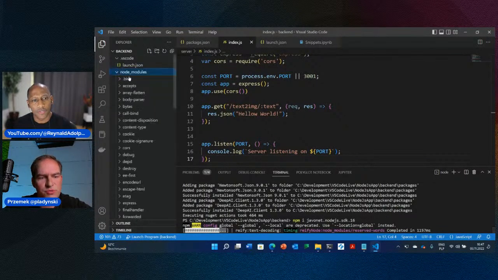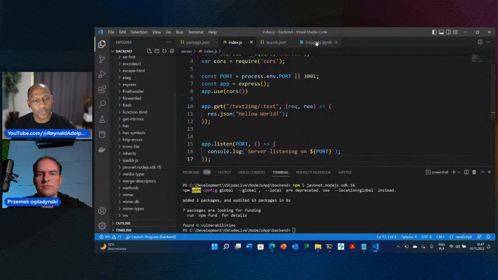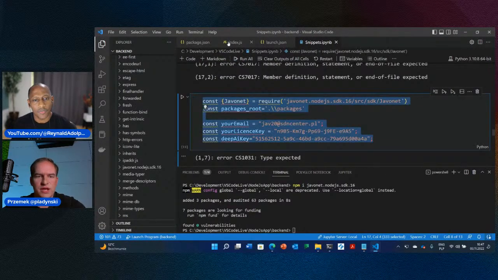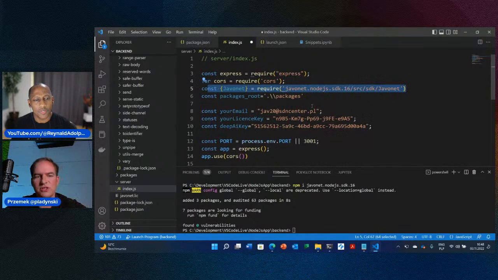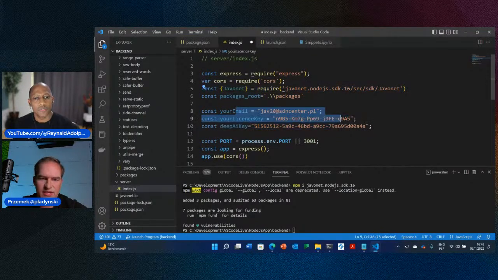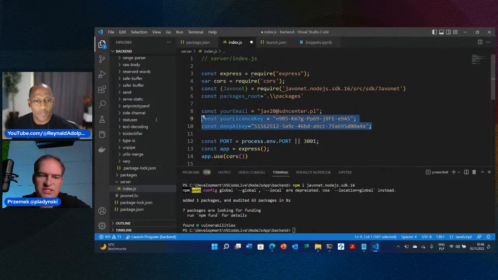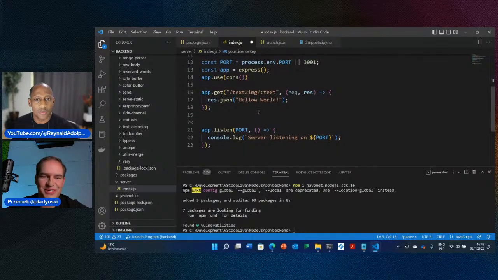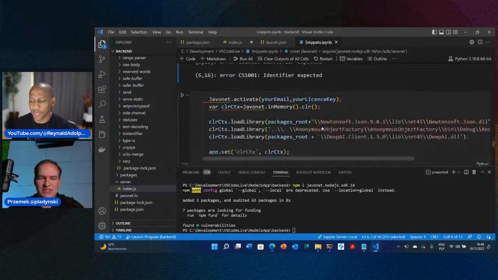It will appear in your Node modules, the Javonet Node.js SDK for Node 16. And now, having this, we can import that into our server. So we are just doing the declaration of Javonet, defining the packages root, and again the license file for DeepAI. That's a paid library, but there is a quick start. If you want to just play with the same library on your own, you can use the free quick start key from them. We are not affiliated anyway. It was just an interesting example for us to show you based on that library. So you can try the same one.